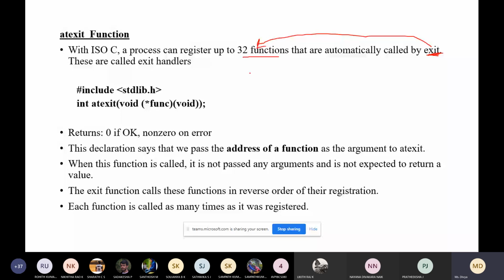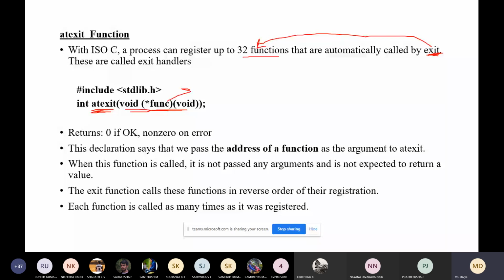These functions are called exit handlers, and those functions must be registered by calling atexit. We have to use this function atexit, and inside this you can write the 32 function names.